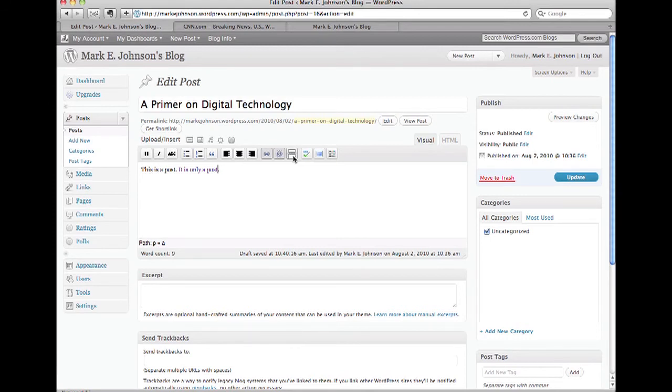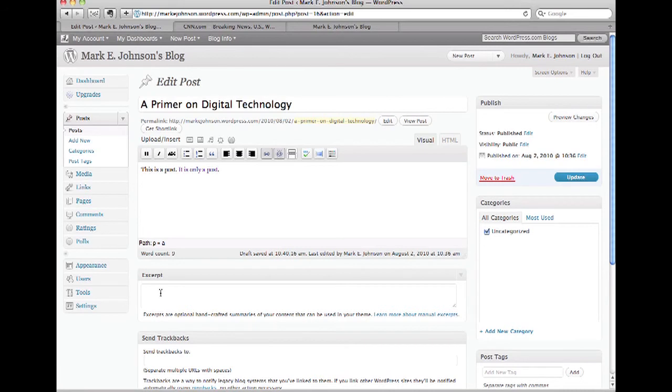Length of post is really interesting because the longer your post is, the much more interesting it has to be. There are some people who believe that on a blog you should never have more than one screen's worth of information, that if they have to scroll down, they're probably not going to do it. Not so sure that I subscribe to that, but that is one of the philosophies that's out there. So we're not going to worry too much about that More command, but we are going to worry about something